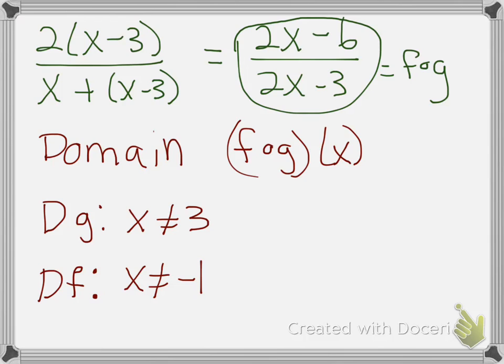So this composition is taking g of x and plugging it into f of x, which means my g of x is what has to not equal this domain issue for the function f of x. All right, so that's what we've got there. Let's talk about what that means now. So g of x